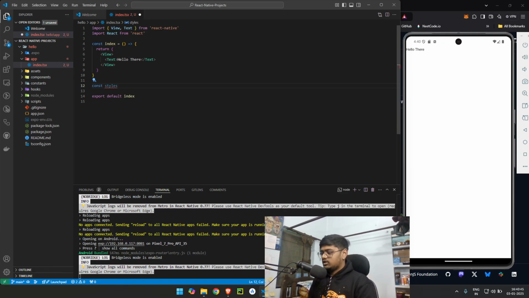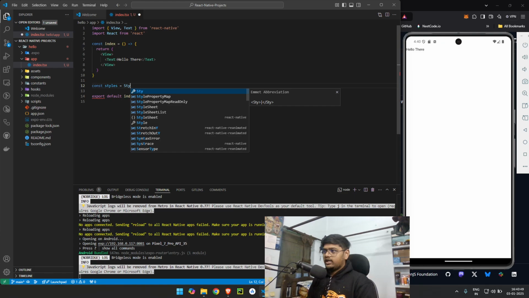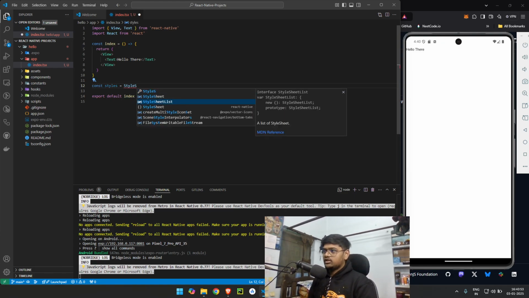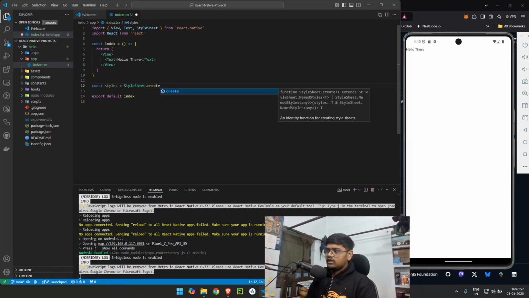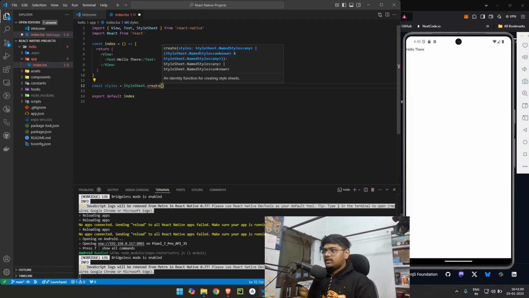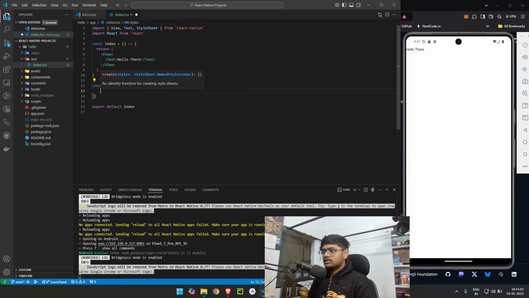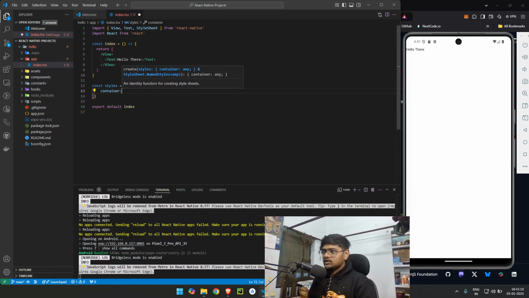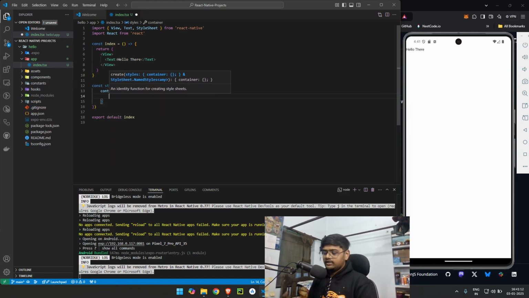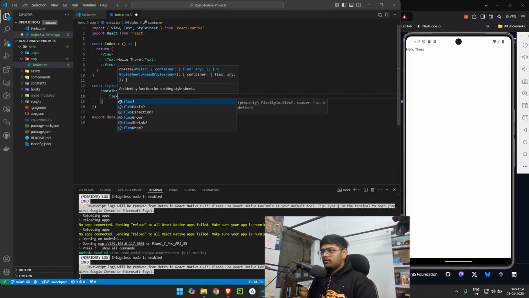So I'm using const styles equals StyleSheet.create, parenthesis, and inside that curly braces, and inside that I am creating a container, curly brace, and inside that I am going to write flex